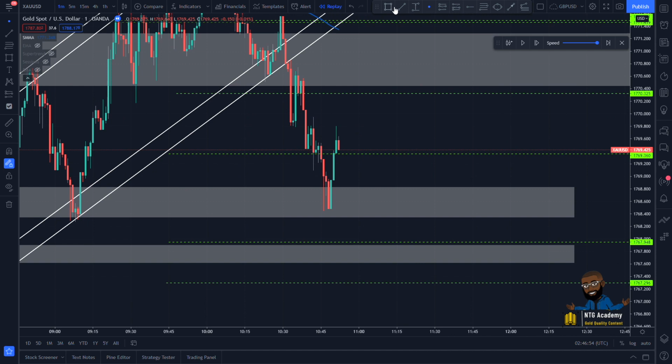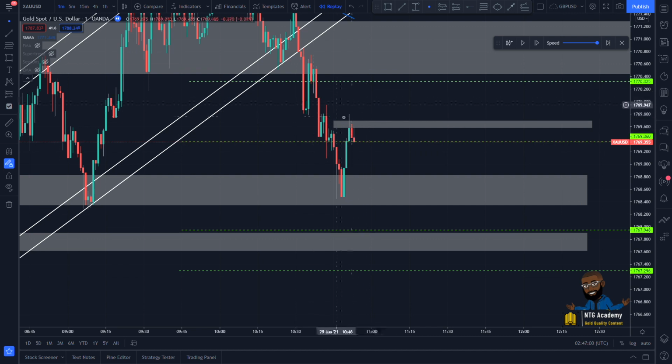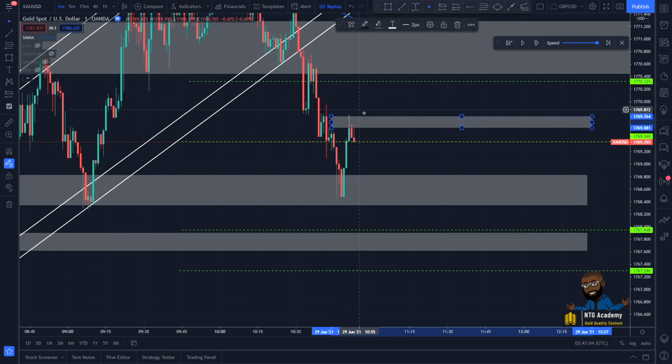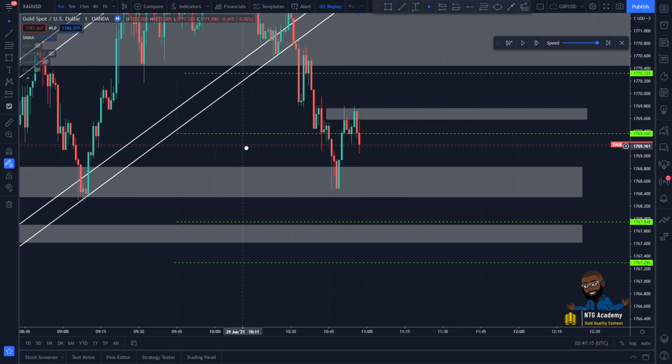So we created this lower high here. This was where I wanted to actually exit my trade. So if gold was to break and close above this structure here, this lower high, that's where I was going to get out of the trade. But as you guys can see, again, my 1 2 3 engulfing, boom, that's exactly when I entered the trade